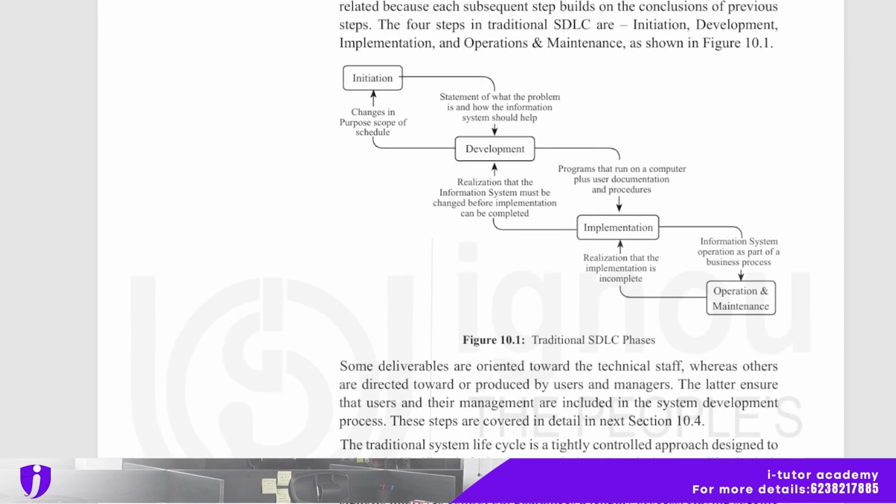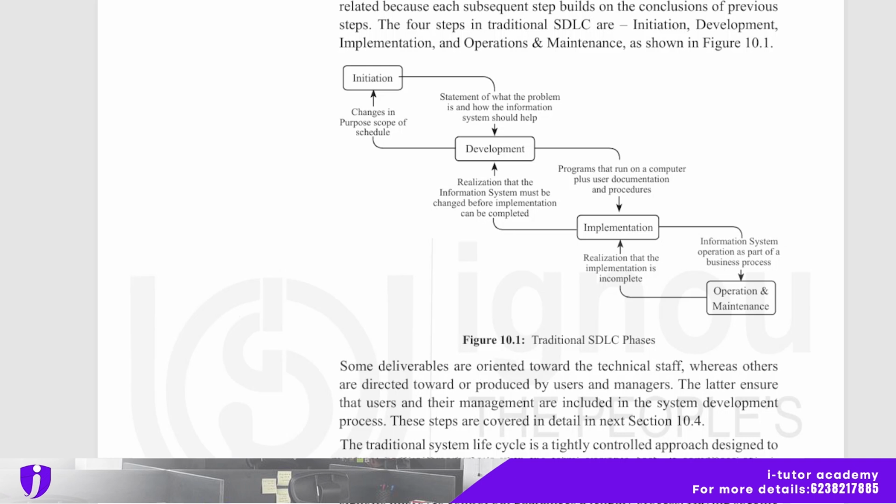So here is one figure, traditional SDLC phase. In this, it starts with initiation, a statement of what the problem is and how the information system should be, and its development is there, and the programs that run on a computer plus user documentation and procedure. Then it is implemented. In between there is information system operation as part of a business process, and the next level is operation and